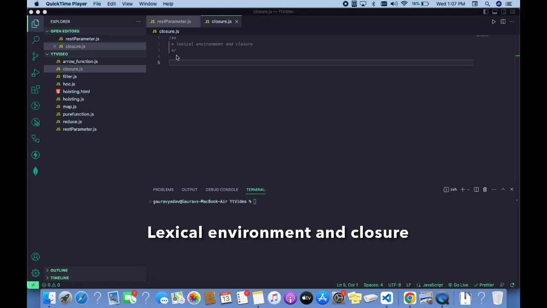We are going to learn about the closure in JavaScript along with the lexical environment. Without understanding the scope or the lexical environment, we cannot get the concept of closure. In most interviews, this question is asked: what is the